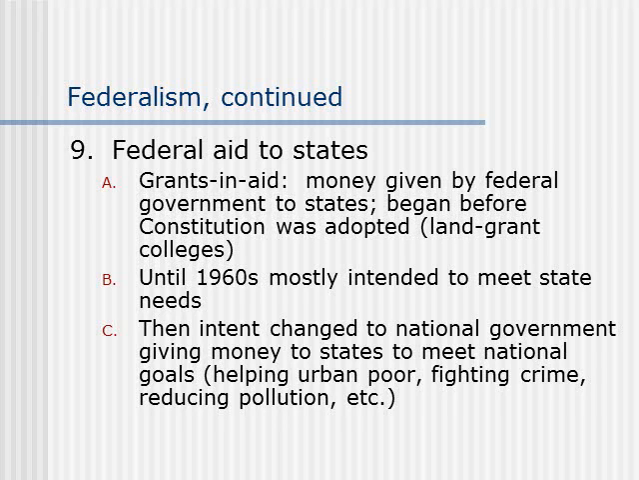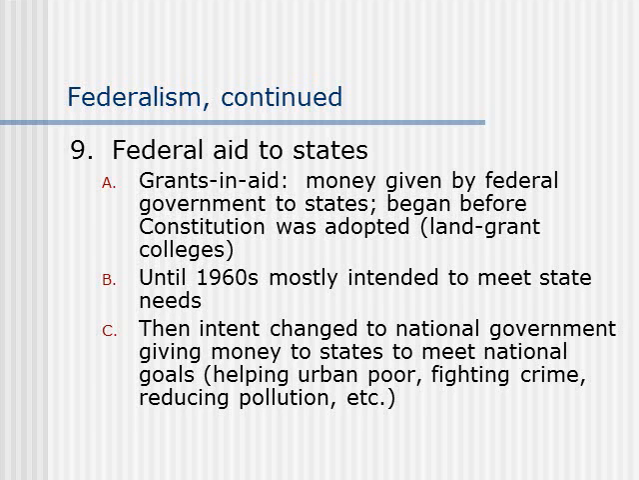All right, grants and aid, federal aid to states. Money can be given by the federal government to states. It began before the Constitution was adopted with the land grant colleges. So all that land that they had that the states didn't have control over, that was granted to them. Until the 1960s,